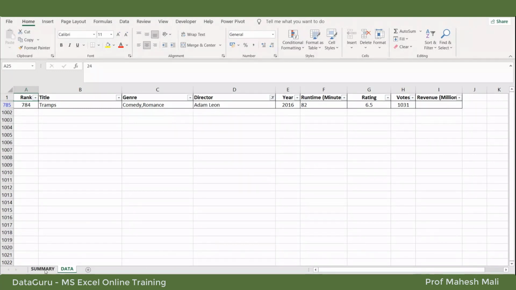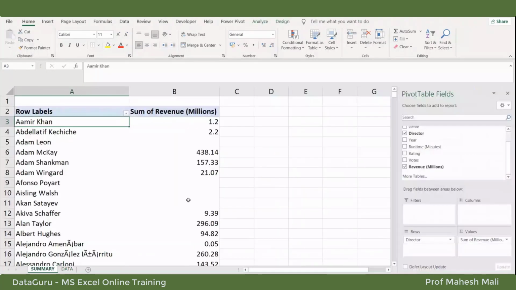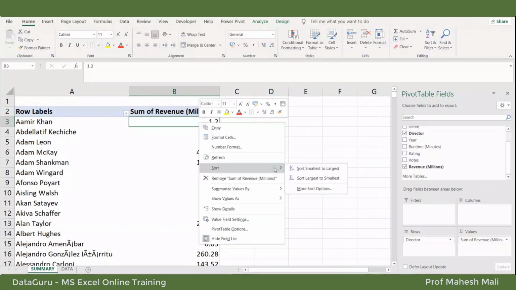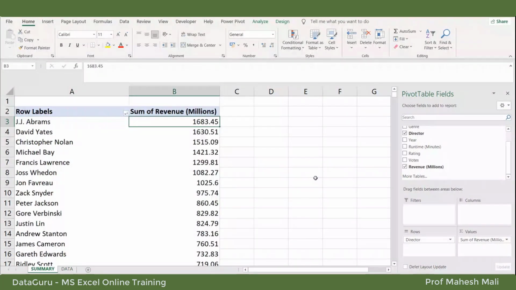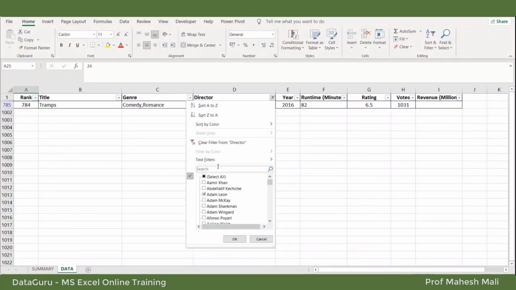I'll do one thing, I'll just sort it: right click on it, sort largest to smallest. So these people may have created multiple movies. Let us check their data.